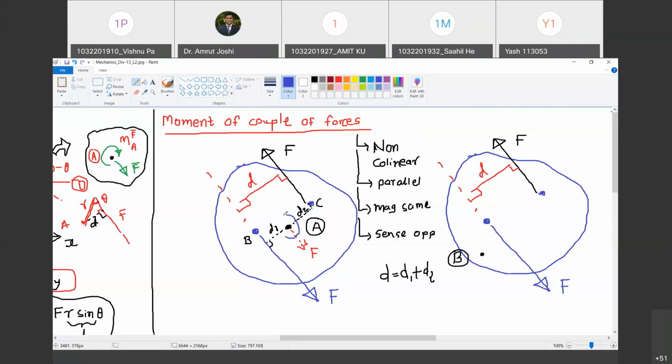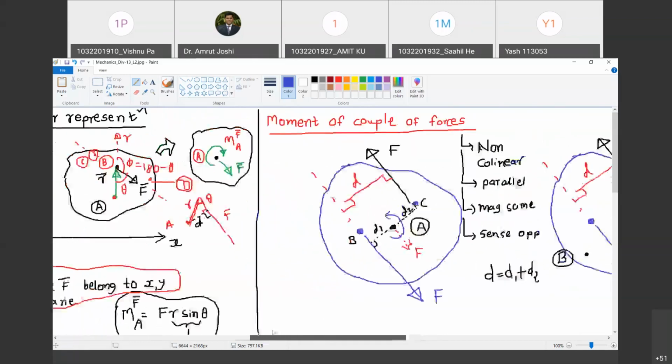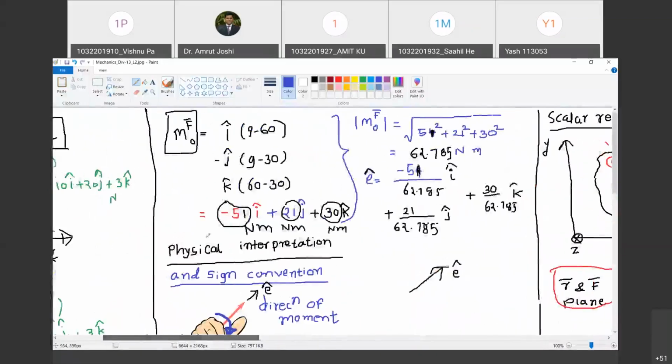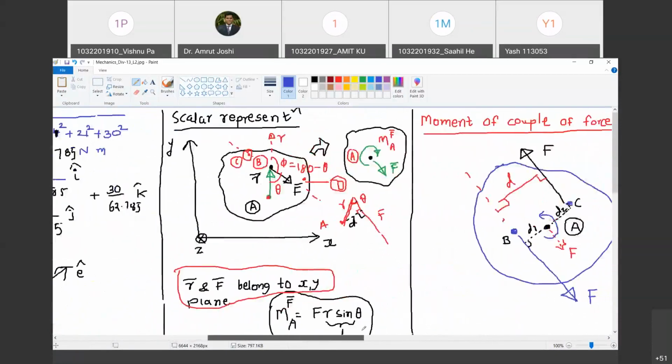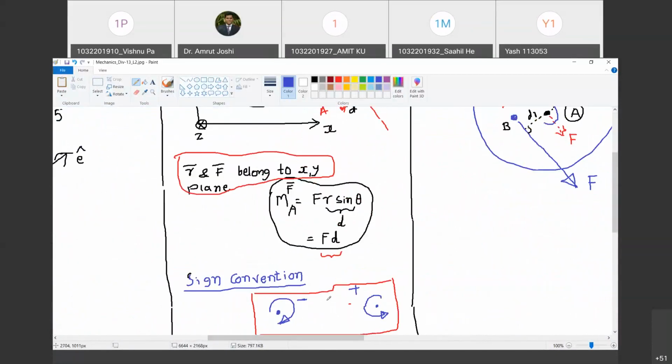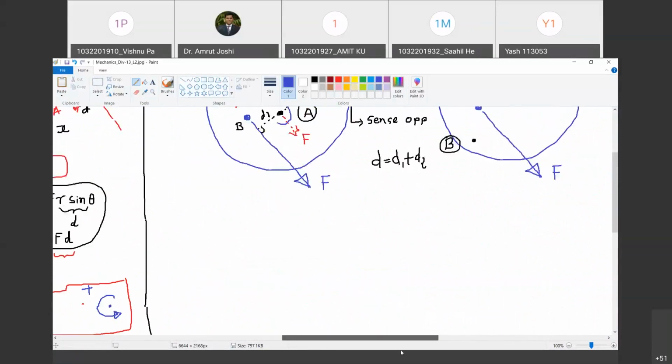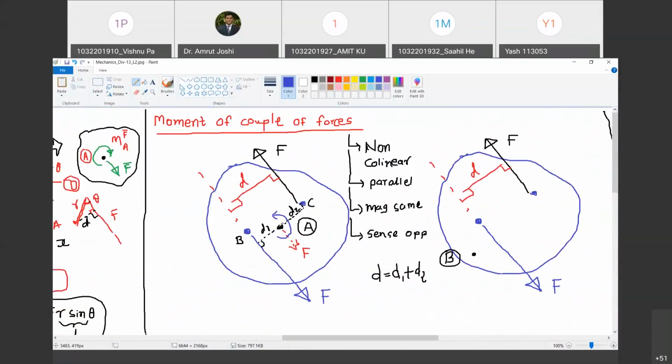Look, the direction of F is downwards, right, from point B. So the thumb will point towards the direction of F. I don't understand which point of view you're talking about. No, what I'm trying to say is that the right hand thumb rule we applied when it was vectorial notation. Later on, did we switch to clockwise and anti-clockwise notation? Yes, sir. Now, I'm asking you a simple question. If you hold the body at A and F is acting at B, what kind of rotation does it produce about A? Is it clockwise or anti-clockwise? I still didn't get it. I didn't understand how it will be clockwise and why not anti-clockwise.